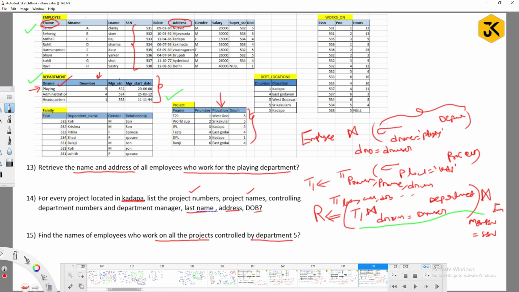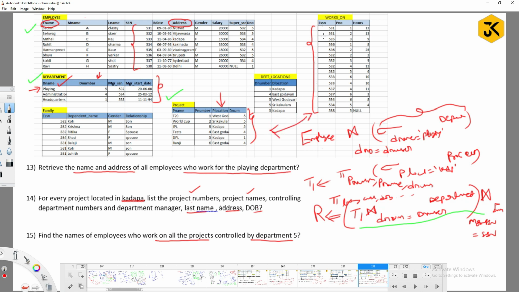Department number is available in all the locations, okay? But you have to know the employees who are working in the respective department number, right? So if you observe here, Works_on contains the project numbers, and you can relate it with this particular table, the project table, right?